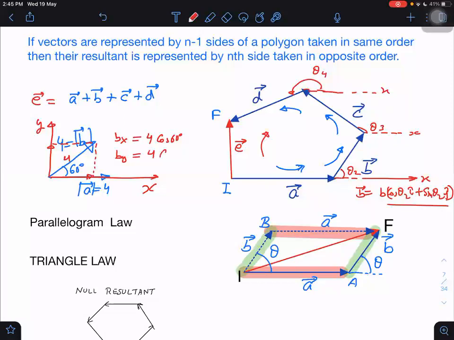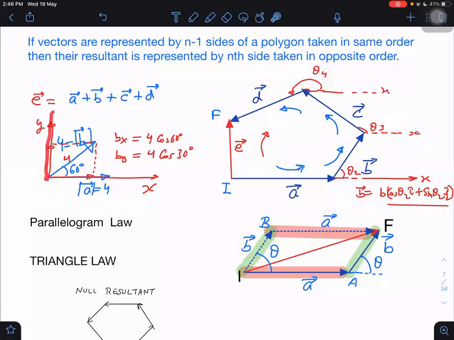You know, my students, there are some students who always have this problem. They don't know when to take cos and when to take sine. They have this confusion. You know what I tell them? I tell them never take sine. This is also a rule we can follow. Never take sine. Always take cos. But take cos of which angle? The angle which the line is making with the corresponding axis.